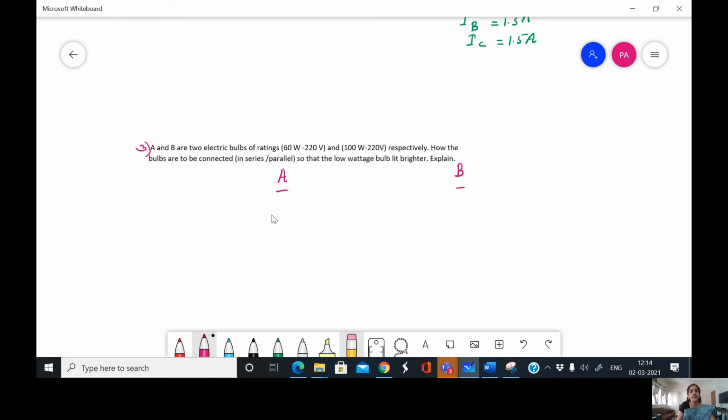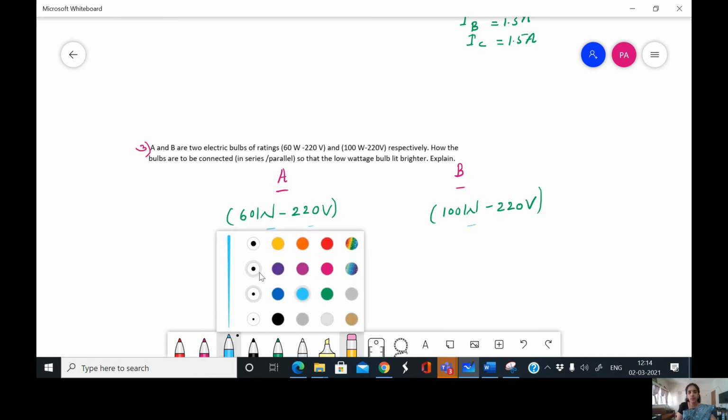They have ratings like A with 60 watt, somewhat the same type we discussed when we discussed the topic power in the previous video, so I hope it will be easy for you now. B is 100 watt, 220 volt supply. I mean, these are the ratings of the bulb. Ratings help us to find the maximum power of that appliance and how much voltage we need to apply so that we get the desired output. And this information helps us to find the resistance of the bulb. Do remember all these.